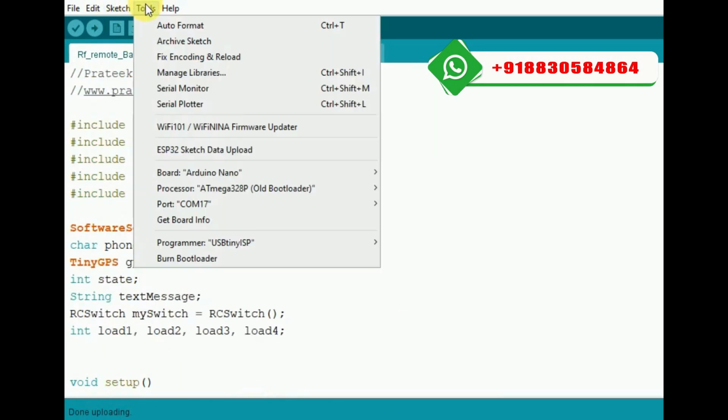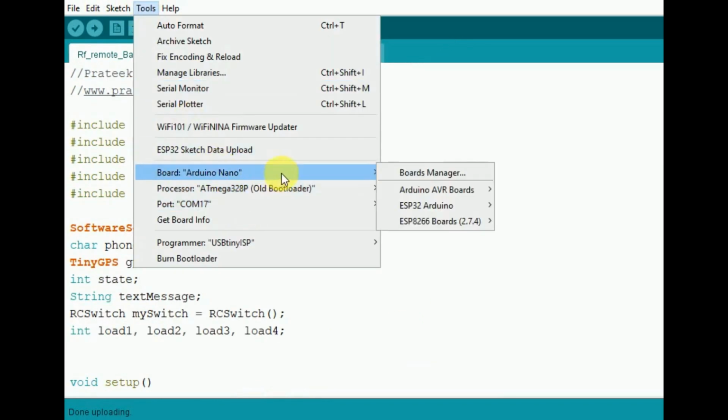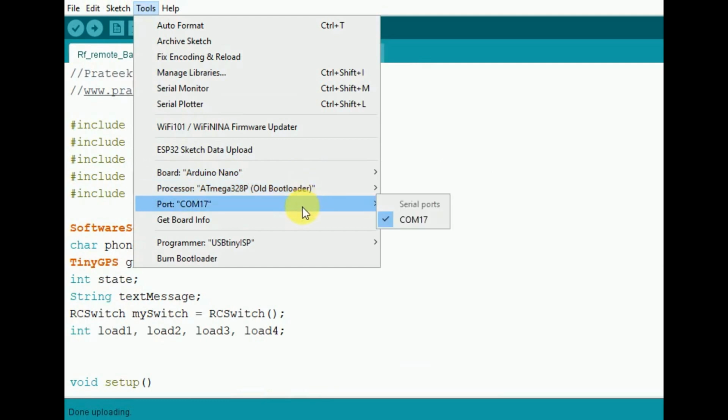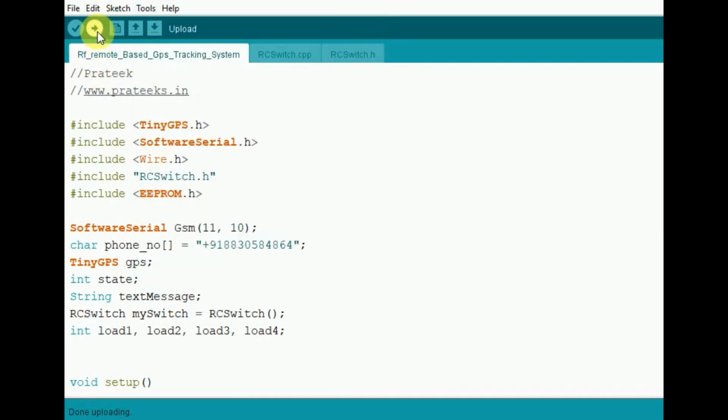Then go to Tools, select board, processor and port, and hit the upload button. In a few seconds the uploading is done. When uploading is done, your project is completely working.